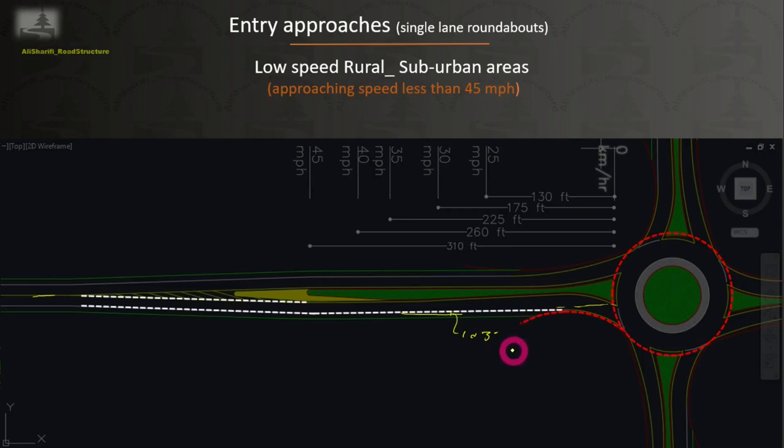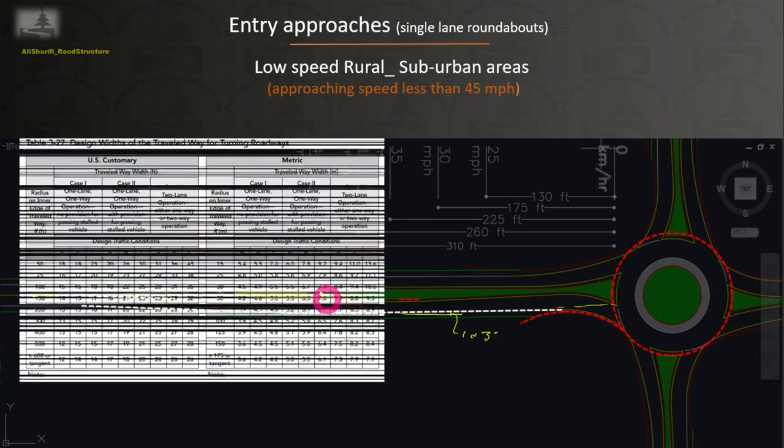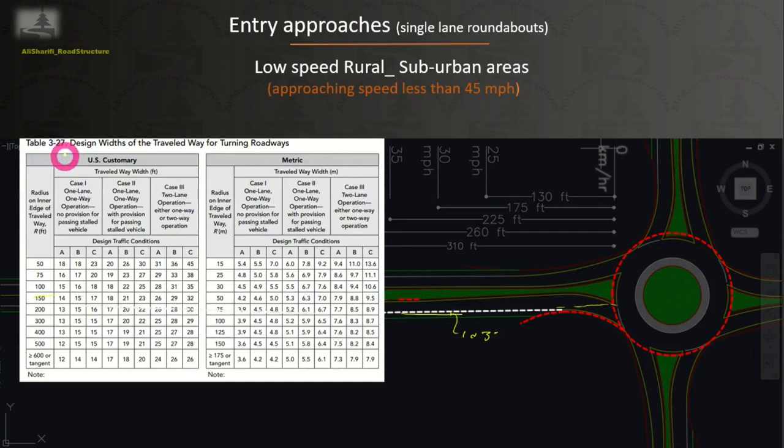Let's see how to develop the left side of the entry approach. Here first you need the width of entry approach, which you can get from this table here, table 3-27 from AASHTO Green Book 7th edition. For the tangent portion of the entry, case 2 is appropriate, and based on your traffic condition, you normally get a value between 17 to 20 feet for the tangent portion of the approach,